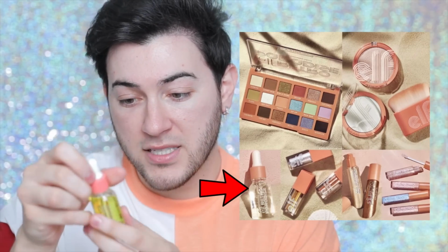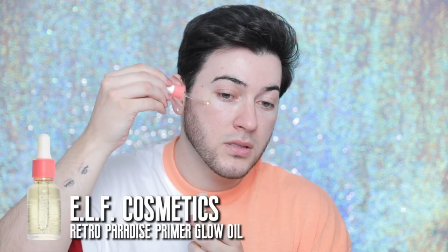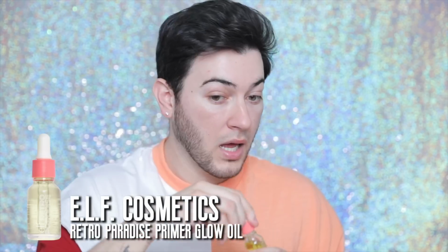Anyway, so you guys, part of the Retro Paradise collection, there was a face glow oil. I'm not gonna use a lot of this. I'm gonna do literally the tiniest amount, on the high points, just to give me an extra little natural glow right there. Because I am oily, so I tend to not use oils on my skin priming. So I'm gonna try it out, but face oils for primer for me,